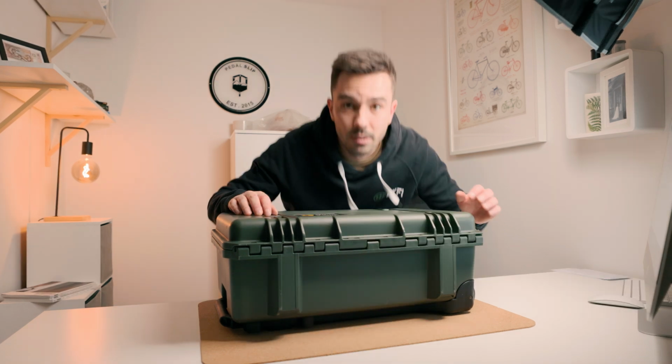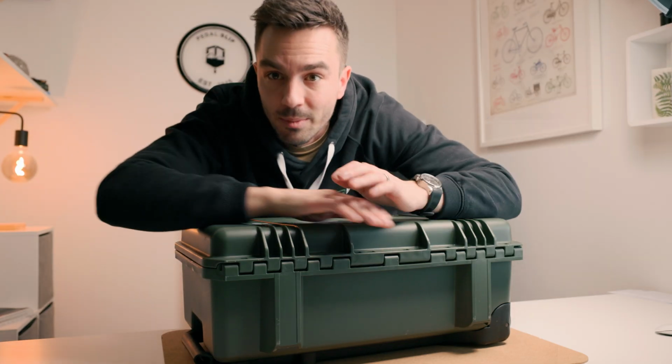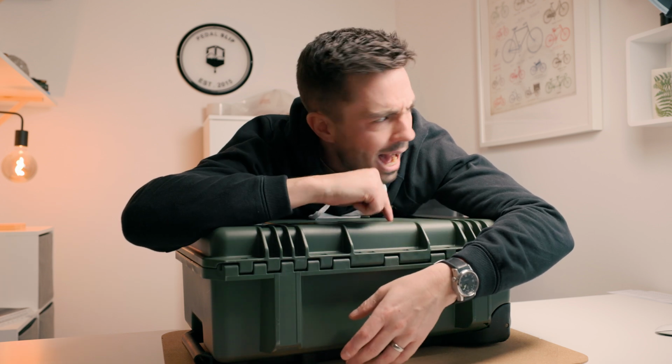Let's pack a bag. You can see the edge of my light. That's not very, is that gone? Film, that's film. Okay, so I'm gonna pack the case. It's actually a Peli Storm